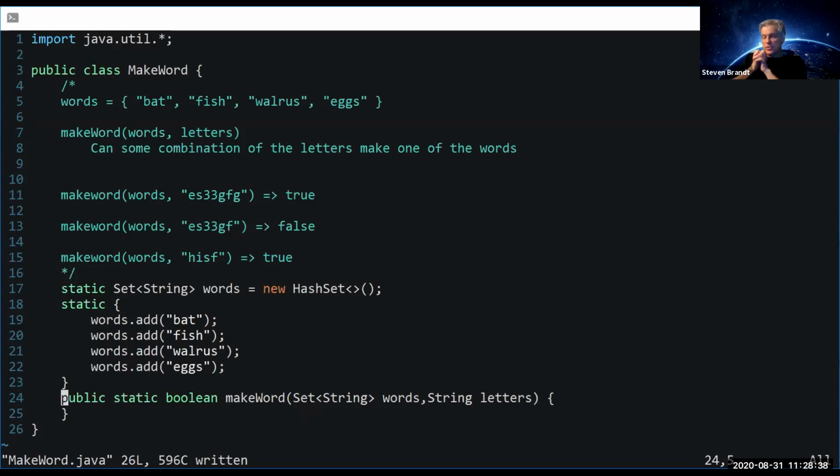So does anybody have a thought about what that method should contain? My naive implementation would just be to permute the input character string all the way, and each time check whether or not it matches one of the words in the word set. Okay, so the thing with permuting is you need to remember that a